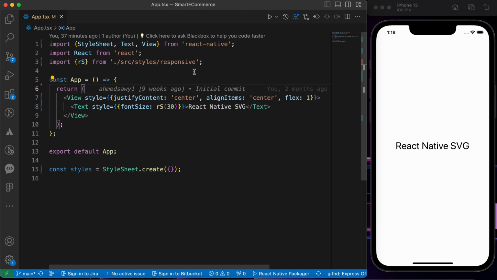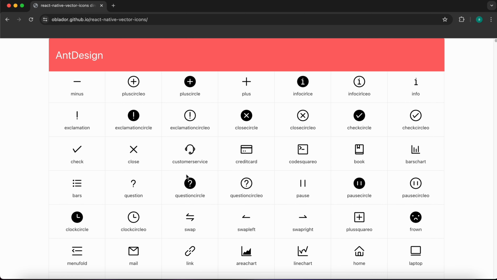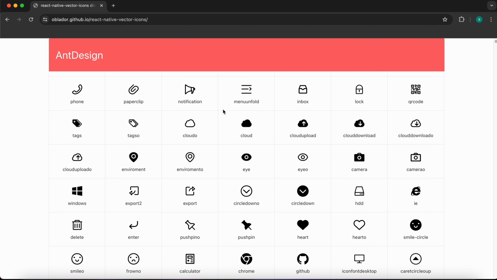In this lesson, we're gonna learn how to use SVGs in React Native. There are no apps without icons, and icons are a very important part of every app. Someone is gonna say we can use vector icons like this. I will say vector icons is a good choice, but I want to tell you a very